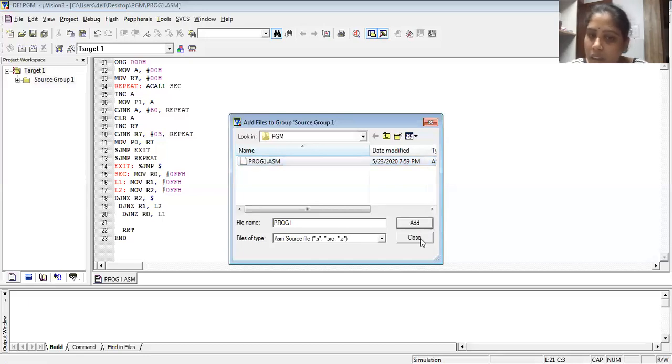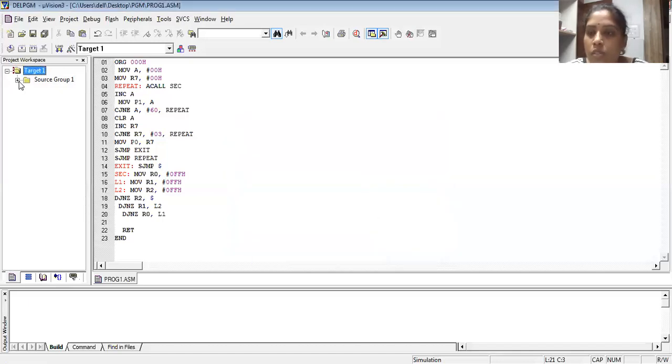Once you click on this add, just close it. Now, how to verify whether it is added or not: you can just go to this source group. There will be a plus button which will show you what all the things are there. Previously, if you remember, it asked for adding a file, and we gave no, right? One more dialog box was opened. By mistake, instead of giving no, if you have pressed yes, that will be visible over here. You can just right click on that one and remove that additional file, whatever is being added by default. Okay, now as of now, nothing is there, only you have to add the file. After that, yes, you have successfully added the file to your source group.